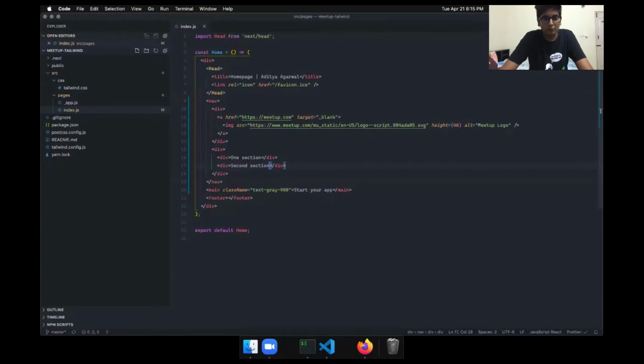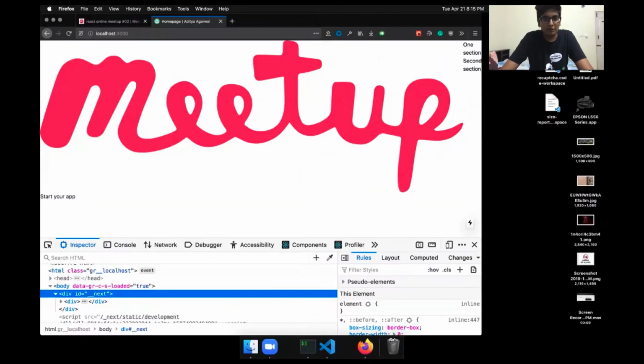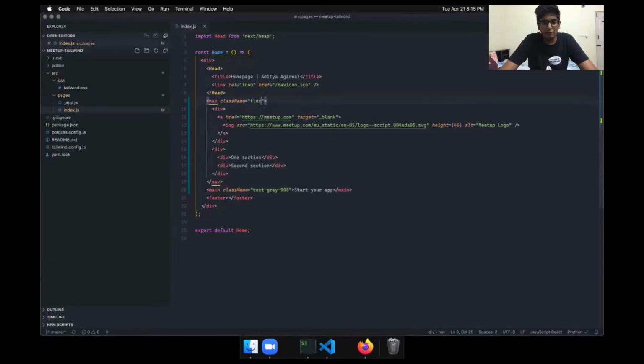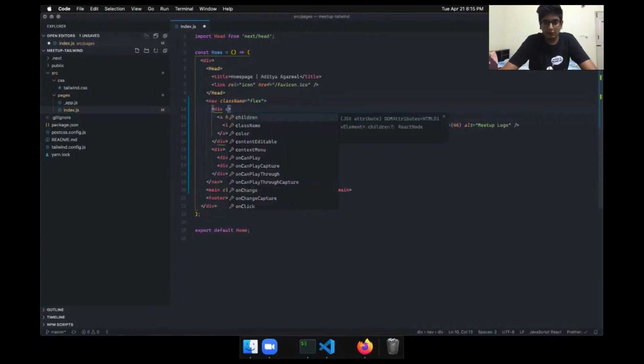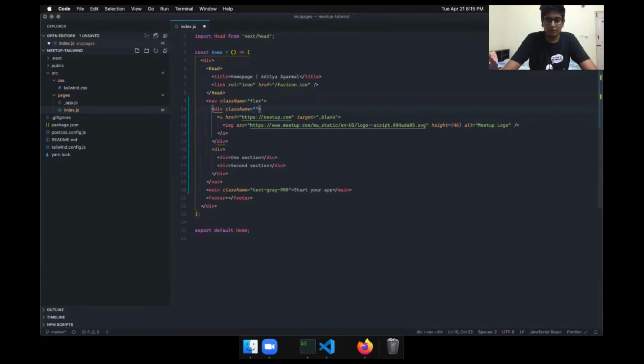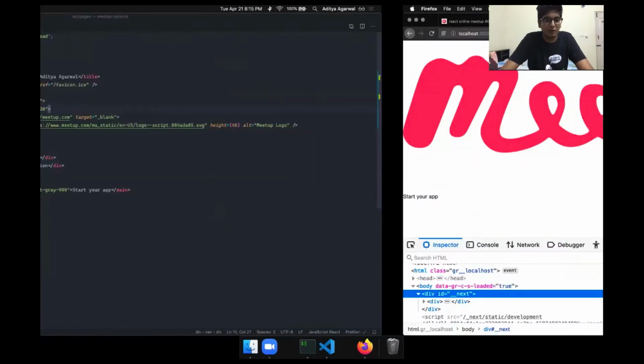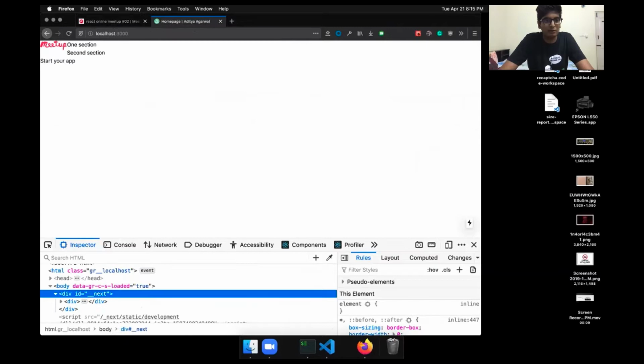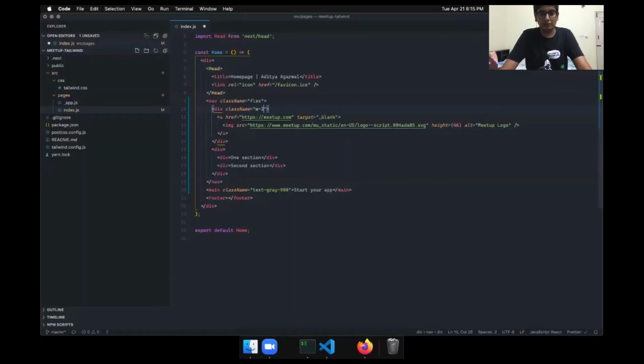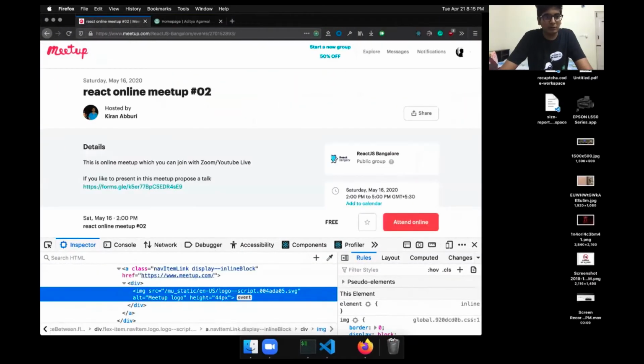Now we have here. So first thing I do is always, for a row, I put flex. Then as you can see, all those things are coming in one row, but this meetup is still acquiring a lot of space. So let's put some width on it. I'll take this div and put class name w say 20. Does that work? Okay, that is too short. So 36 is not there. 32. Okay, 32 looks nice.